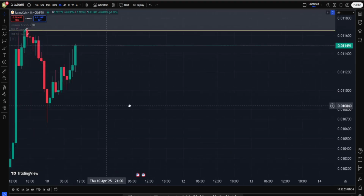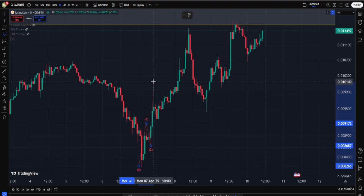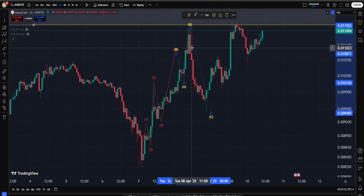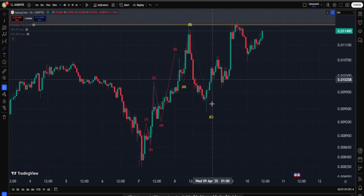This is very important. You see, in Jasmy Coin, off of the lowest low in here, I am actually able to tell you this is 1, this is 2, 3, 4, probably 5 wave up to about this point, and not the highest high in here. Followed by that, I believe we are having an ABC structure in form of, you know what, an expanded flat. And since this move down was actually quite strong, I think this does kind of confirm having an expanded flat